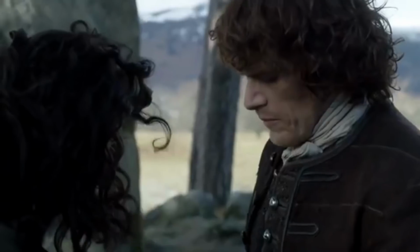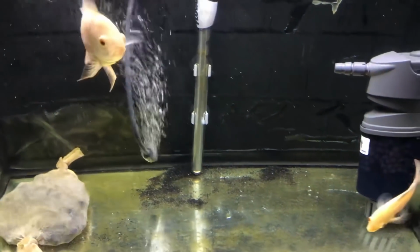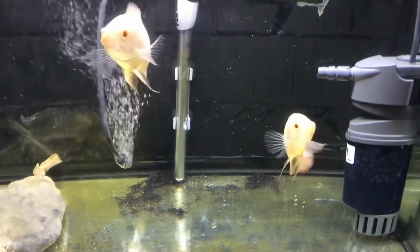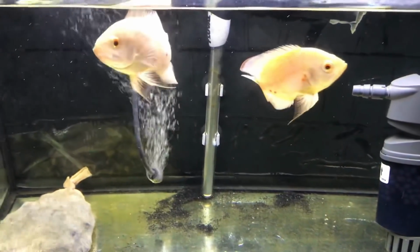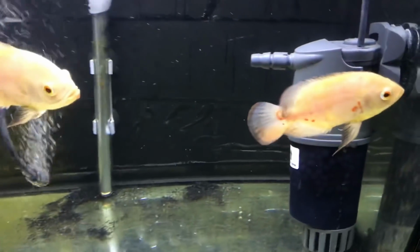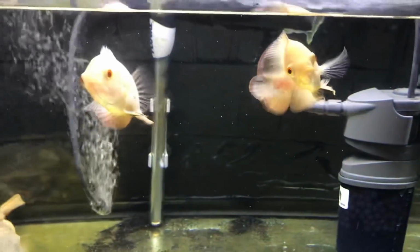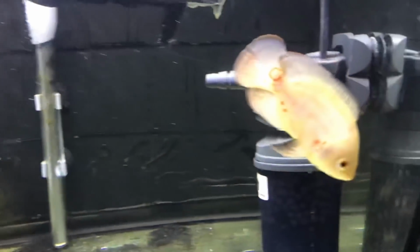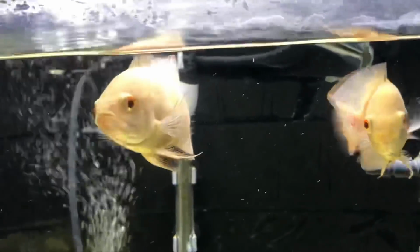Get to the bed. You know, I played it smart, guys. I figured I'd go with a name that my wife would just love, especially when I'm doing a video on 12 aquariums at the house. It might annoy her a little bit and remind her. So, hey, look at it. I named your babies here Jamie and Claire, or Claire and Jamie